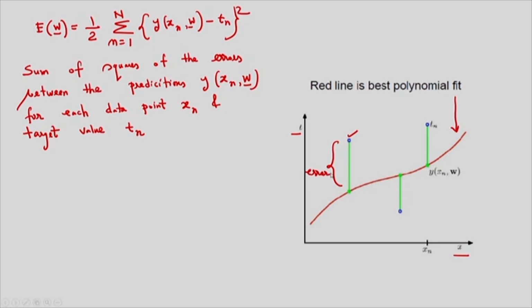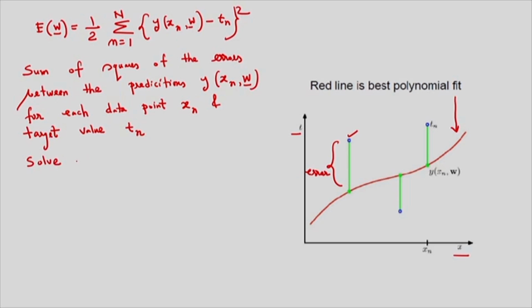So, for each and every data point I have to determine the error and I have to minimize it. So, there is a sum of squares of the errors between the prediction for each data point x n and the target value T n. So, this error we have to minimize. So, we have to solve this one,